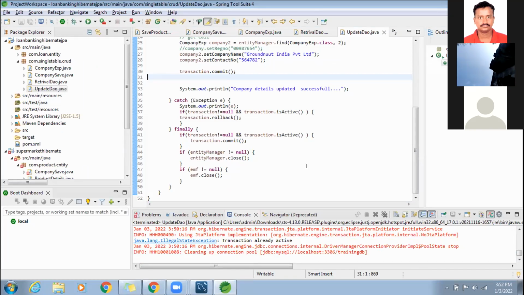Transaction. So here we are beginning the transaction, pulling the record, setting company name, contact number, click commit. Is active, not. Get rolled back.